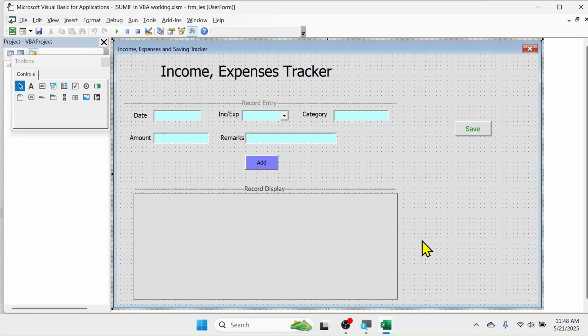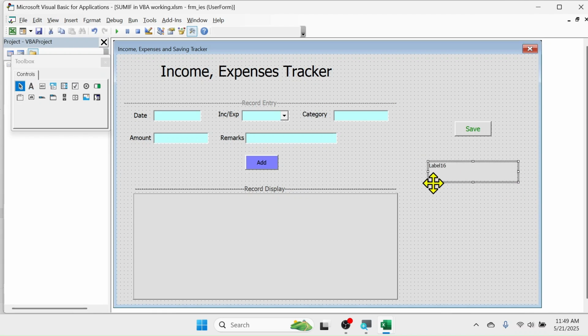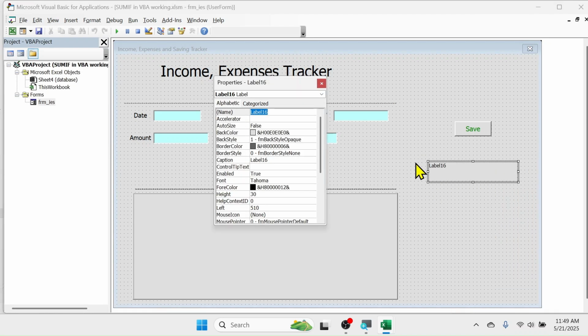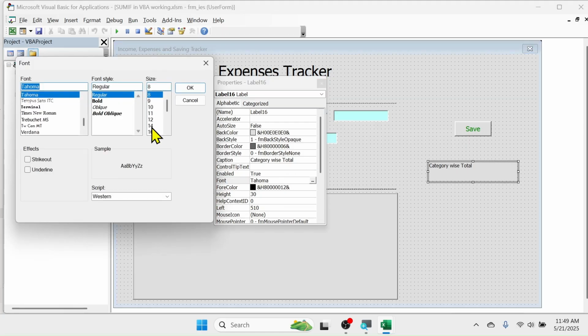This is the user form where I am going to use the SUMIF function. First of all, add here a label. So go to the toolbox, click on label, then draw the label over here. Right click on the label, click on properties, and here in the caption of the label, let me write here category wise total. Go to the font property, click on the three dot, then increase the font size to 12, then click on